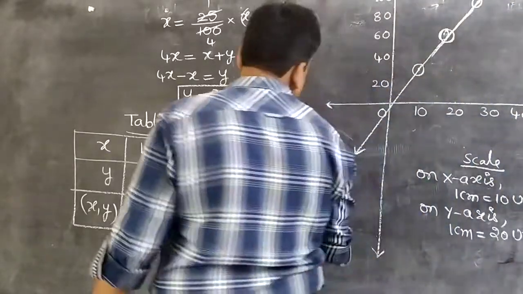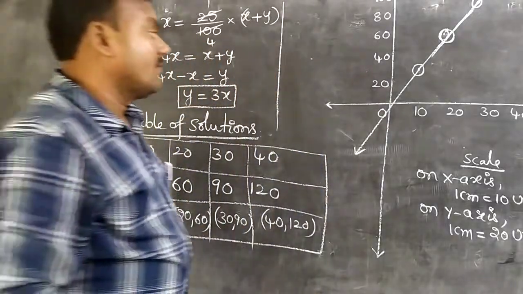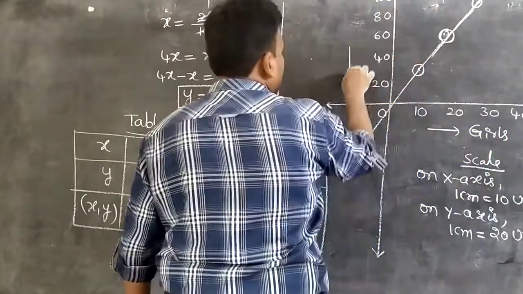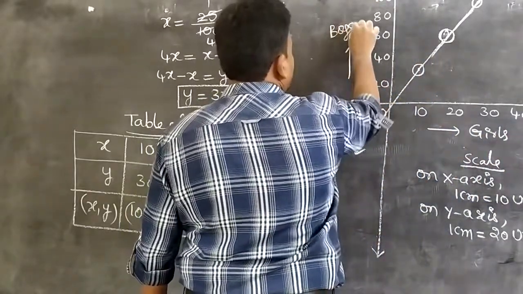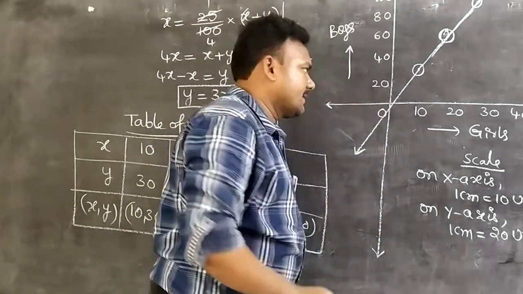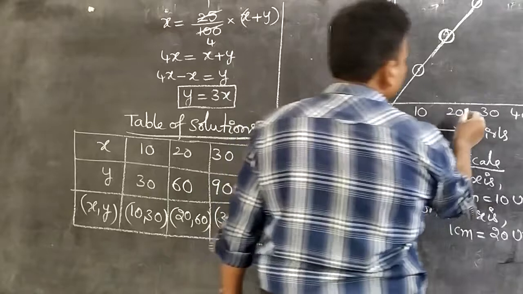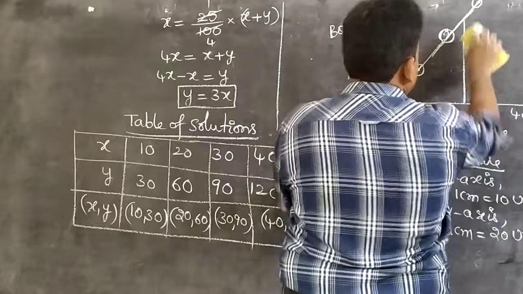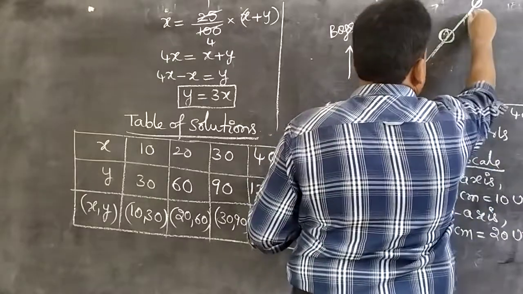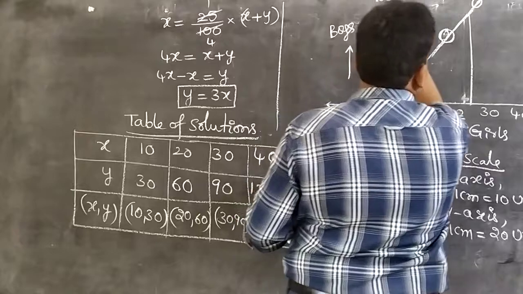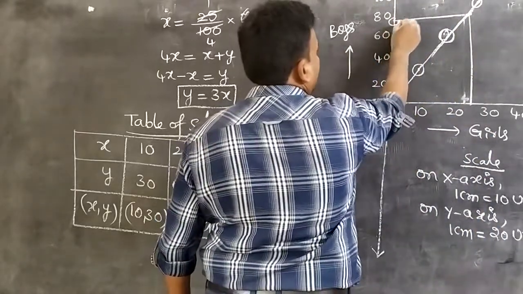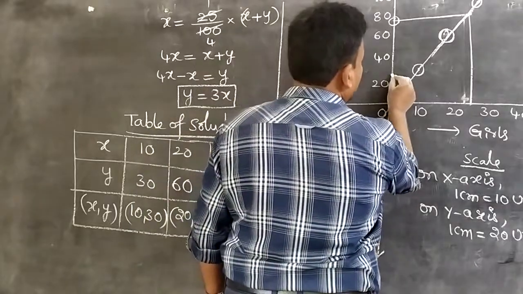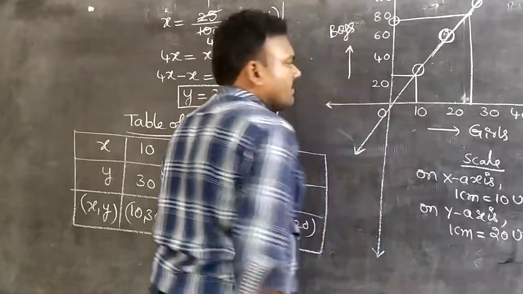Right. First one, the number of boys if the number of girls is 25. On the x-axis we have taken girls. On the y-axis we have taken boys. We find the number of boys. If girls is 25 like this, then boys automatically is 70. Here 70 students. Okay, if boys are 25 here, then automatically girls is 10.